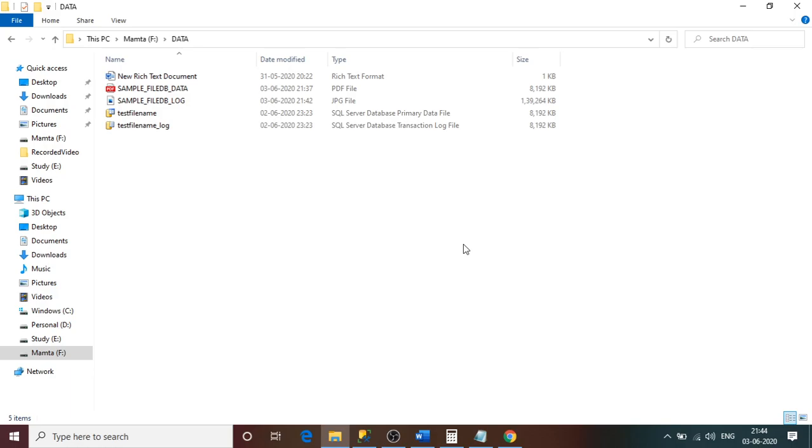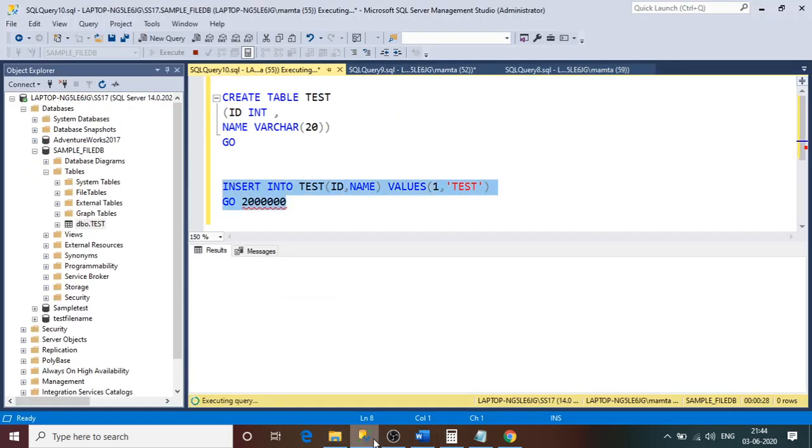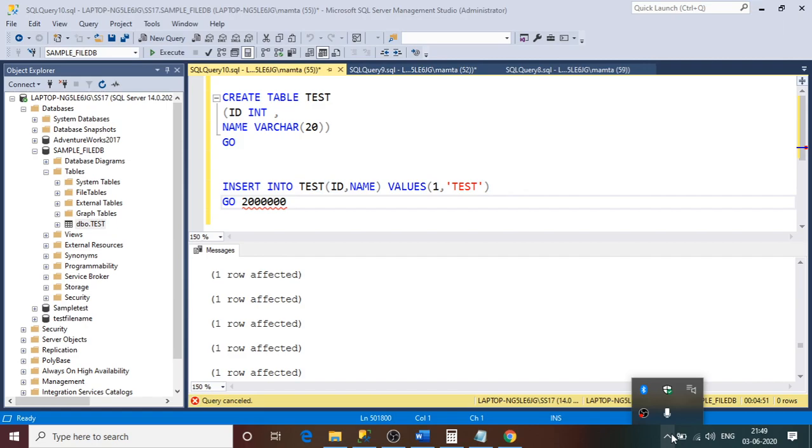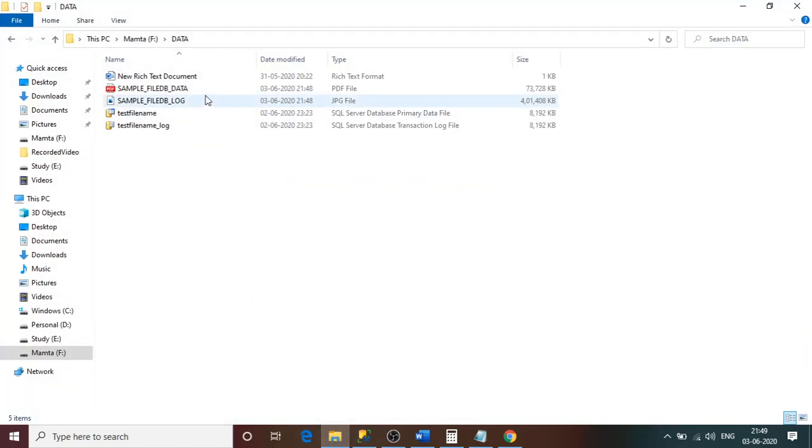It depends on how much data you have in this database. As long as you insert, it will show you that the database is working fine. If you see here, the log file is increasing. Now it becomes 2 lakhs 04,800 KB, and my query is still executing. Okay guys, see here, I have canceled the query because I have seen that the size is increasing.